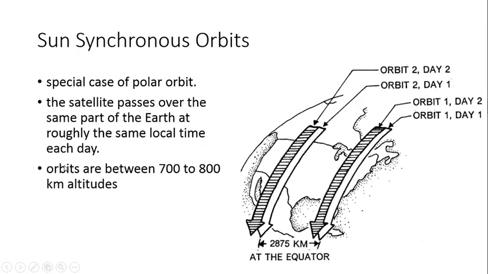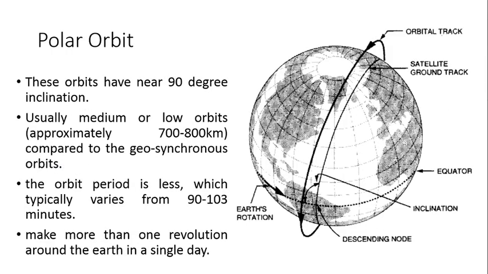Polar synchronous means this particular orbit takes advantage of the rotation of Earth on its own axis. Each time, a newer segment of Earth will be under view of the satellite. The satellite's orbit and the rotation of Earth work together to allow complete coverage of Earth's surface after it has completed one complete cycle of Earth.